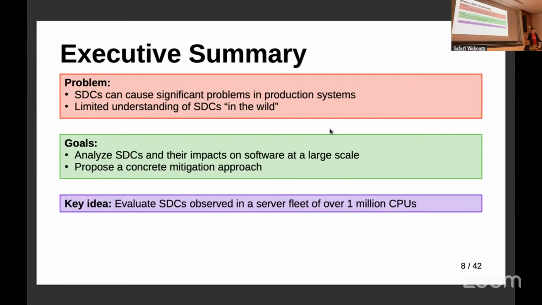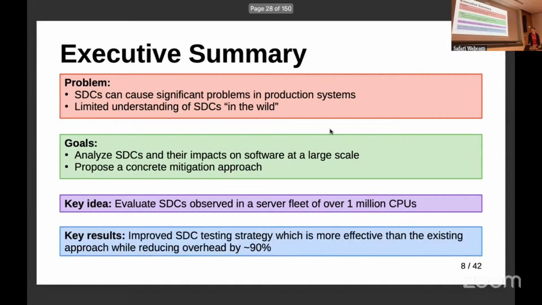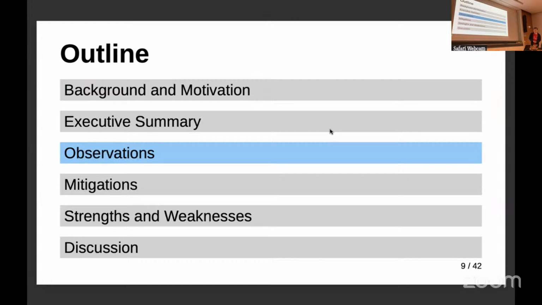Their main idea was simply that they have access to a large fleet of over 1 million CPUs from a variety of different vendors, implementing different instruction sets, from a variety of different ages, in different data centers, and they wanted to evaluate some of the observed SDC instances that they'd seen. And at the end of the day, they managed to come up with an improved testing strategy using the observations that they made, which was more effective than their existing approach, yet managed to do that with substantially less overhead. Okay, so